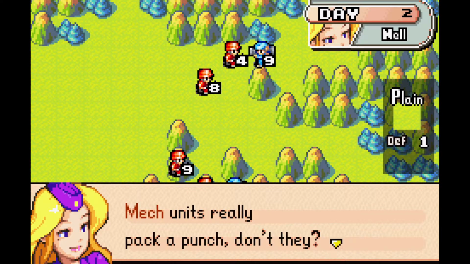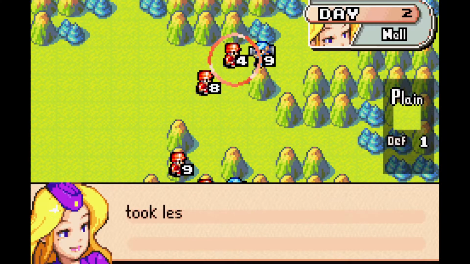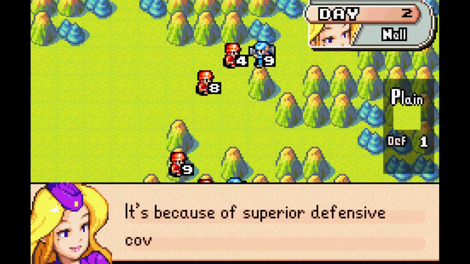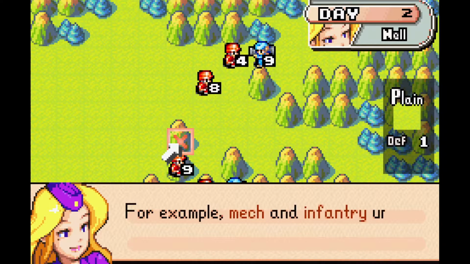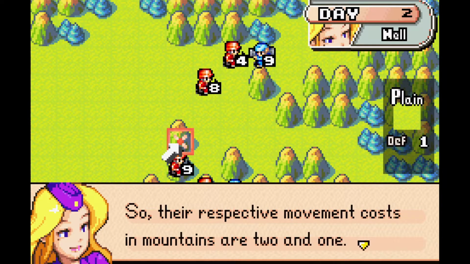Mech units really pack a punch, don't they? But if you'll notice, one infantry unit took less damage than the other. You know why? It's because of superior defensive cover. Remembering this is vital. You should also keep in mind that movement cost differs between units. For example, mech and infantry units have different movement types, so their respective movement costs in mountains are 2 and